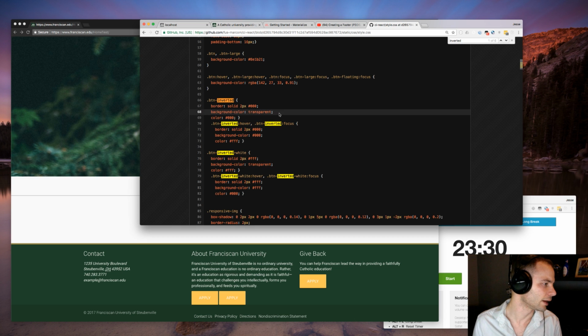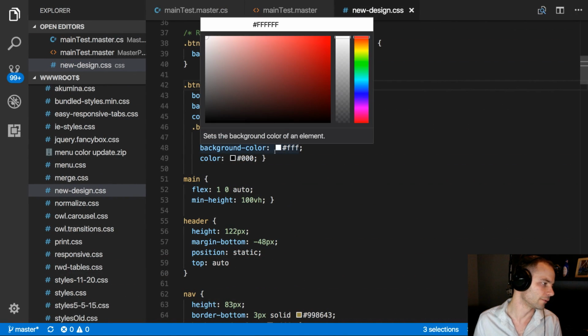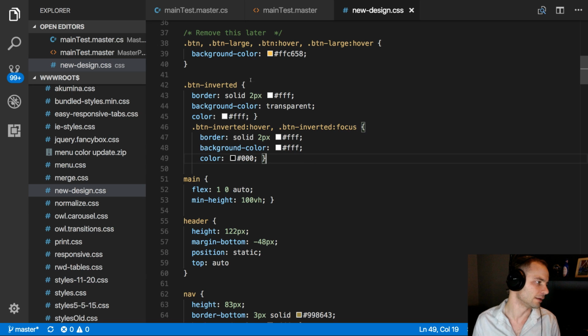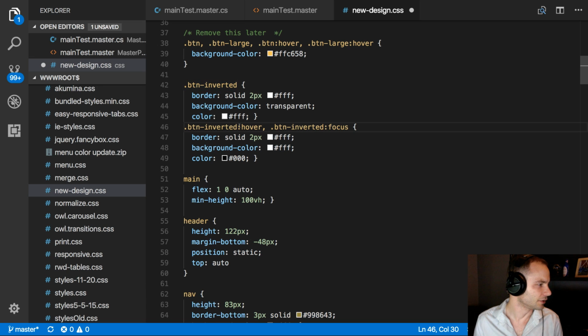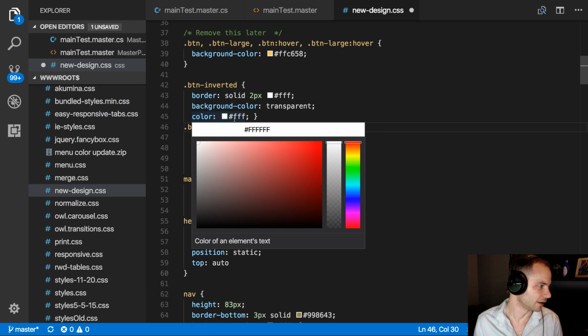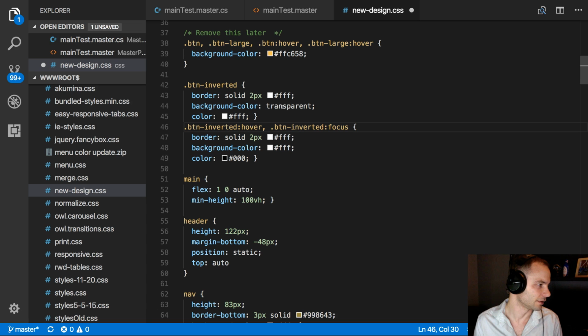Actually, you know what? I made a mistake. This would have worked. These are actually the same thing. It's just one has a white border, one has a black border. In any case, we want the white border one for here. I don't think we'll have any need for the black bordered one. So my mistake there with that first one. I happened to look at the color variable instead of the background color, and that messed me up. Anyway,